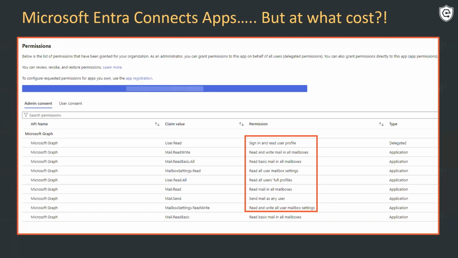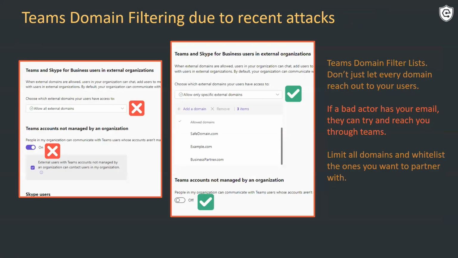Really scary stuff, right? So this gets back to that consent phishing example that we gave earlier. This is oftentimes how attackers will attack certain tenants. It's also worth pointing out that oftentimes legitimate applications that you use in your environment may have overly elevated permissions, and all it takes is for them to get owned by a hacker, and now all of their customers are at risk as well. So, scary stuff. It's one of the few cases I've seen where a user can apply such broad permissions with the click of a button.